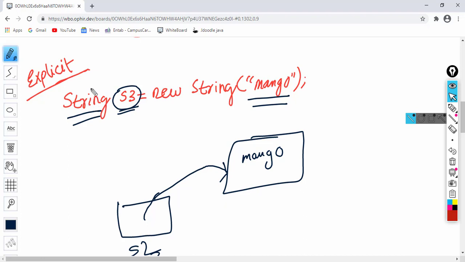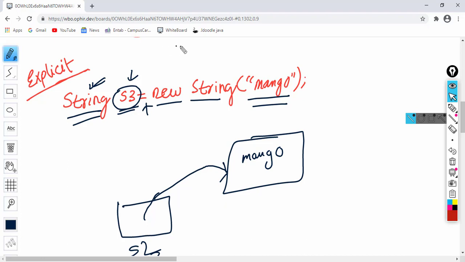Syntax is string, then variable name, then assignment operator, then the new keyword, and then again the class name, just like any other object. When you create any other object, the syntax is what? Class variable name equals new class name, and then parenthesis.